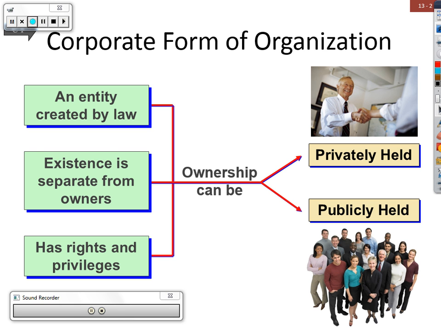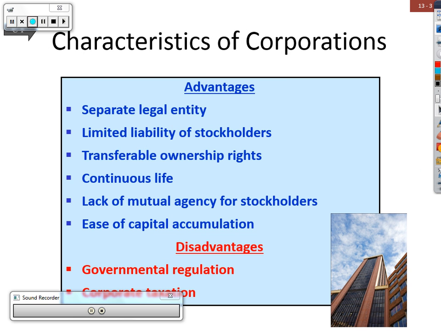So it is a legal entity. It is separate from its owners, meaning just because someone owns the corporation, it does not mean that they are personally liable for anything that happens. And of course, as far as profit is concerned, that's not personal. That would be for the corporation. And then there are some different rights and privileges that go along with that as well. So let's look at some of the